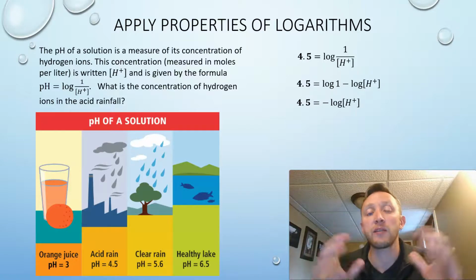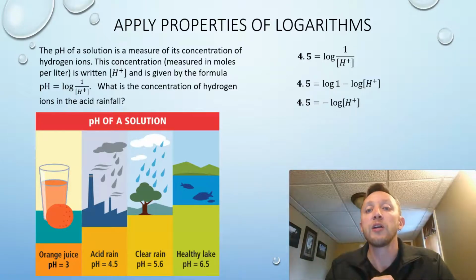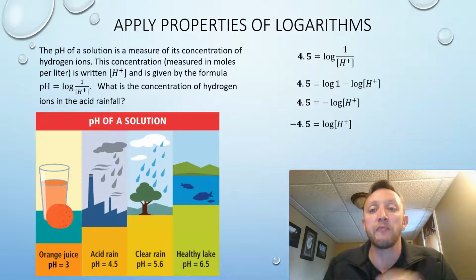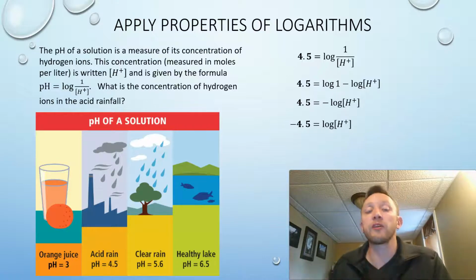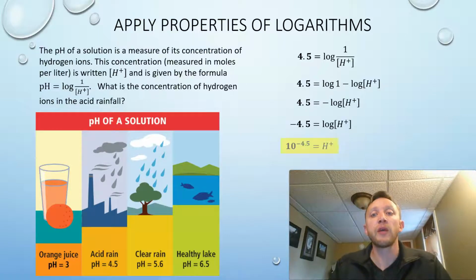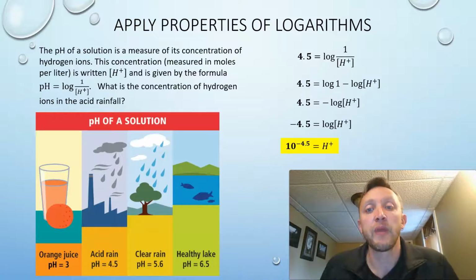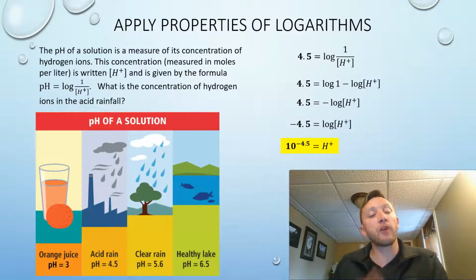Now, I want to isolate the logarithm. I want to get the logarithm by itself. So I'm going to multiply both sides by a negative, or change that negative 4.5 and the other side to be positive. And now we can rewrite this. Right now it's in logarithm form and there's nothing I can do. So now we want to convert this from logarithm form to exponential form. To convert that to exponential form, remember the base for our logarithm is 10,